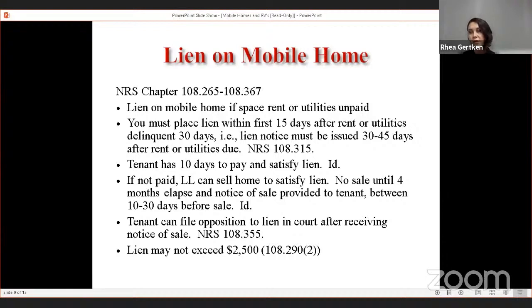According to statute, the lien can't exceed $2,500. So just keep that in mind. You may still owe more than that, but the lien could be satisfied up to $2,500. Once the home is sold, we go back into the eviction process, because in order to remove the home from the park there does have to be an eviction, but essentially you could lose ownership of the home through this sale process. And it's important to know that a local law firm here in Las Vegas will give